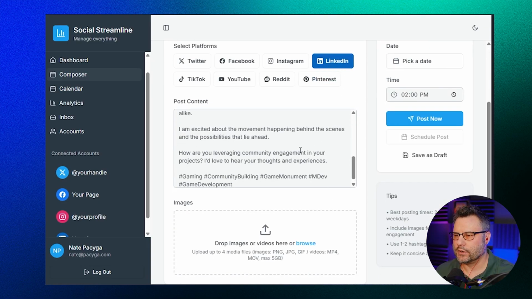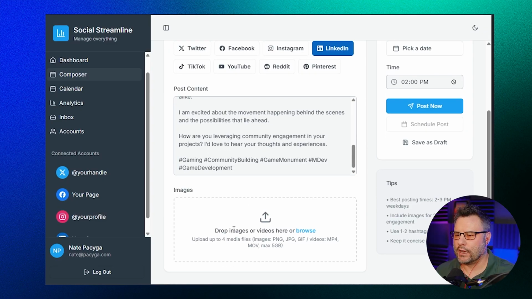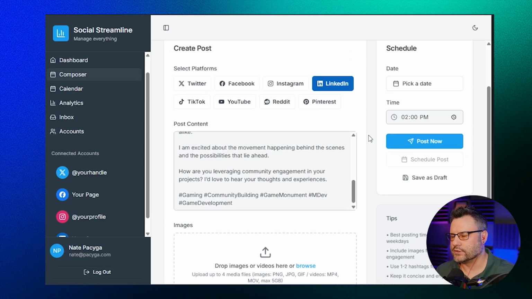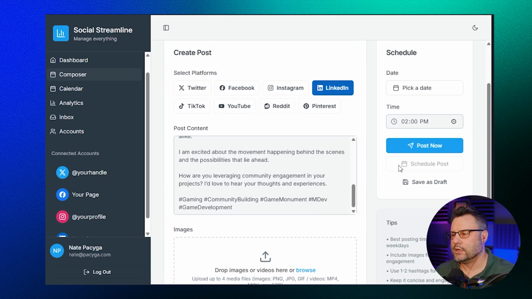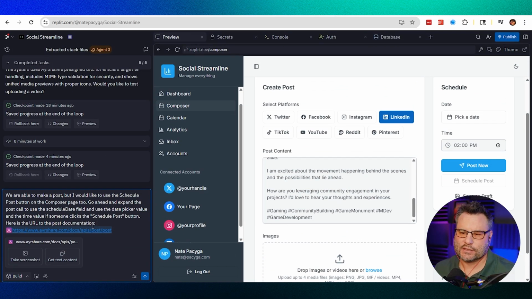Here we have the LinkedIn buttons selected, and we have some text here. And I even dropped in an image, though that shouldn't matter. We should be able to do that without images. The schedule post button is not active, but the save as draft is. I don't want to mess with that right now. We'll do that next. So we're going to send this into the agent